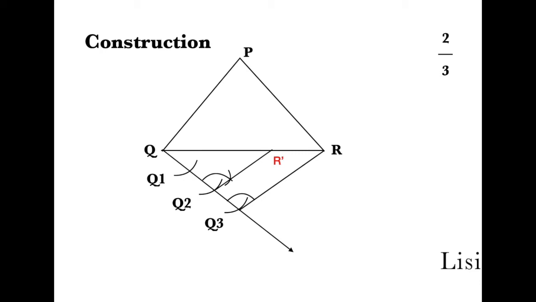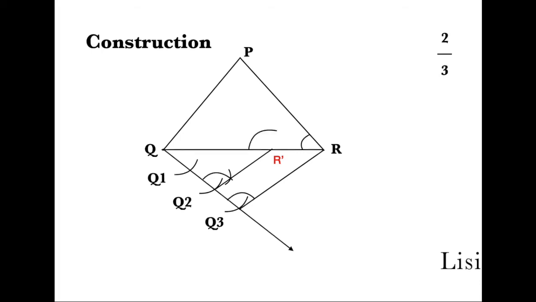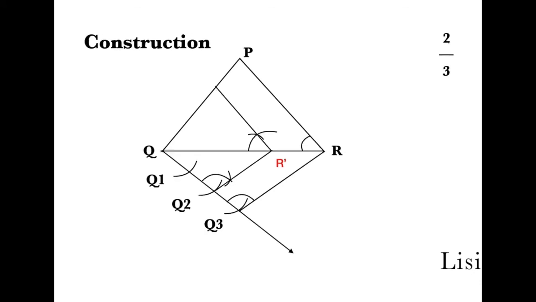And now in a random measurement, place your compass in R, cut an arc. With the same measurement, place it in R dash, cut an arc. Now measure this angle R with your compass and cut an arc with the previous one. Now join this point and R dash and extend it. It meets QP at P dash. Now the similar triangle for the given PQR is P dash QR dash. Are you clear, ma? We'll pass to the next one.